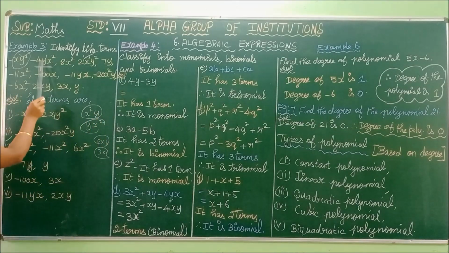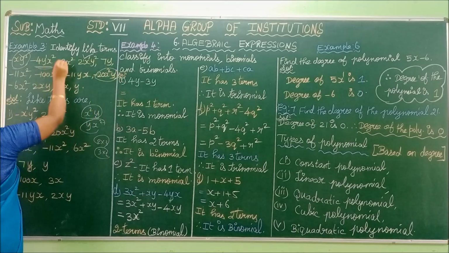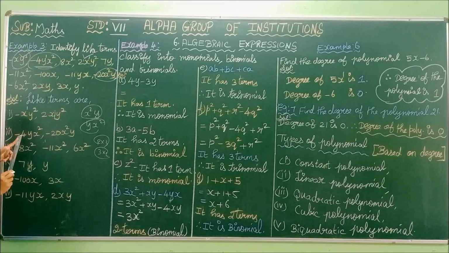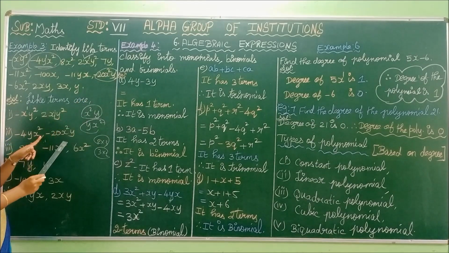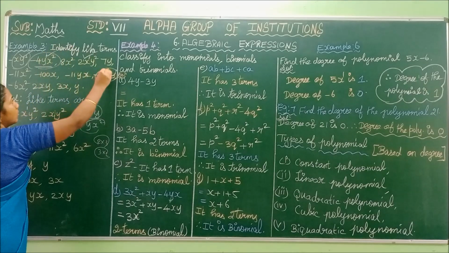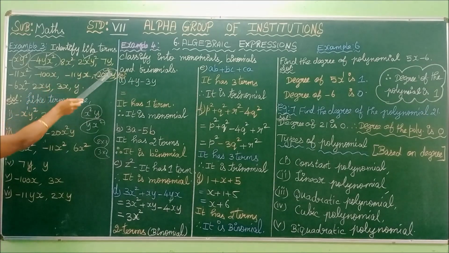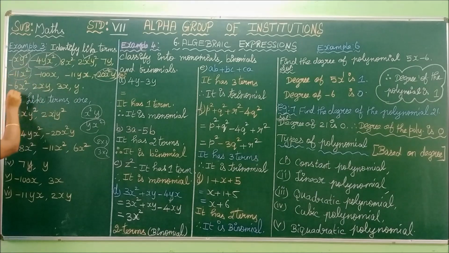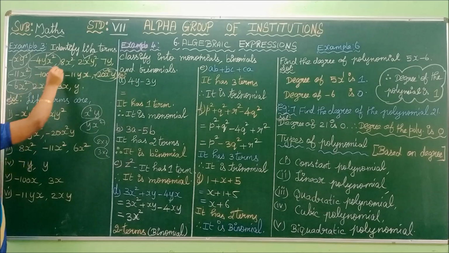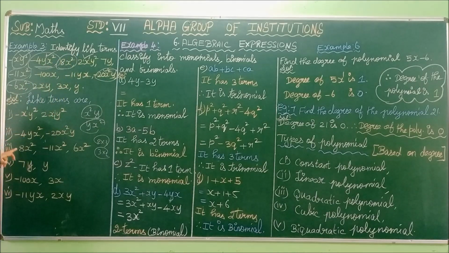So we have to connect this term and this term as like terms, and then write it as minus 4 y x square, comma, minus 20 x square y. So we have written these two terms. Next see here, 8 x square. Here we have only one variable, that is x. Its power is 2. Search for any other terms like this. See here also we have the power of x as 2. So connect these three terms together as like terms. So 8x square, comma, minus 11x square, comma, 6x square. These are the like terms.